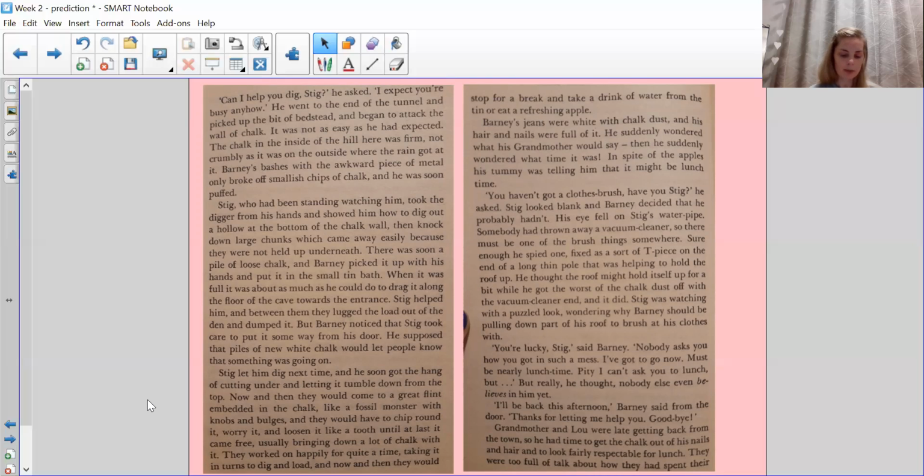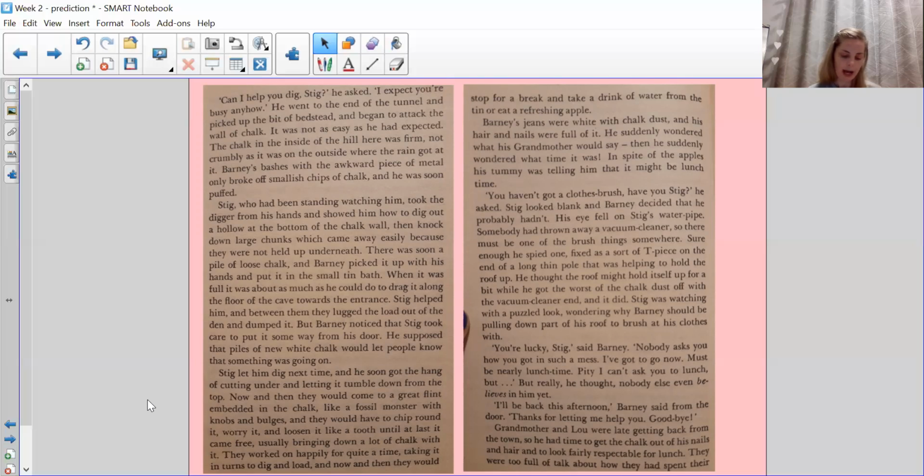Stig helped him, and between them they lugged the load out of the den and dumped it. But Barney noticed that Stig took care to put it some way from his door. He supposed that piles of nude white chalk would let people know that something was going on. Stig let him dig next time, and he soon got the hang of cutting under and letting it tumble down